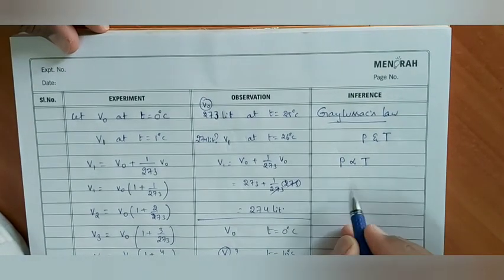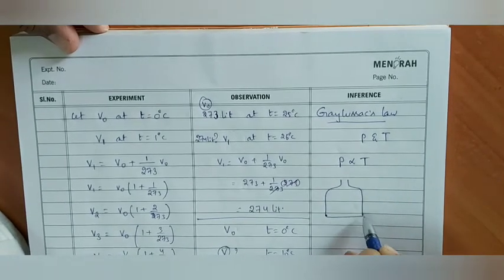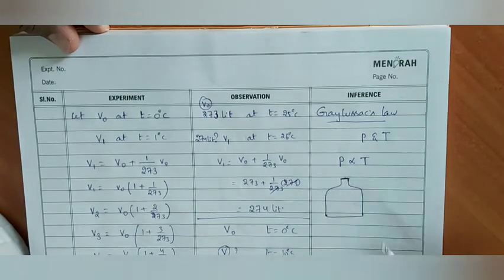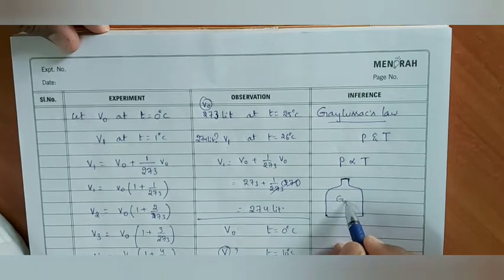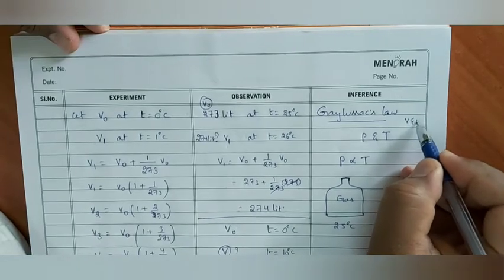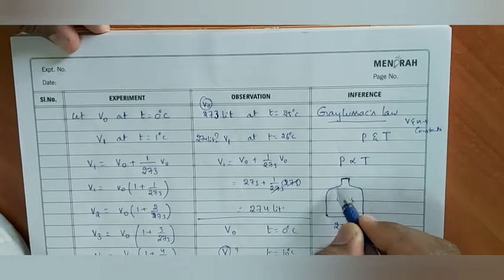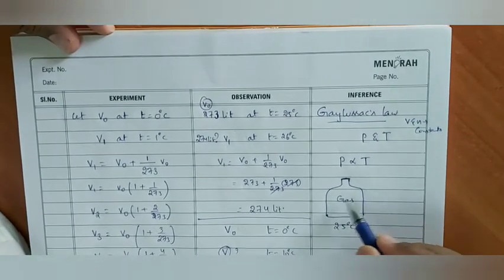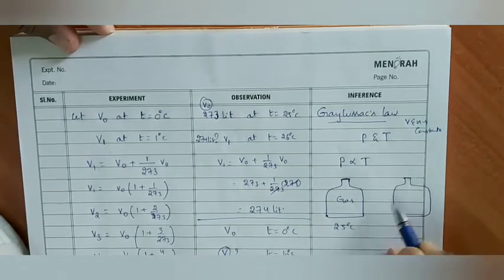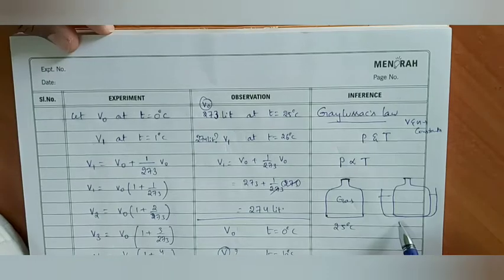For example, let us take the previous example only, but without balloon. I have closed the mouth with a solid cap here. In this, we have taken a gas at temperature 25 degrees centigrade. Here, volume and n will be constants, na? That's why I am not allowing the gas to expand. So it should be the volume same only. The same container I kept in a hot vessel or hot water, and the temperature is raised up to 60 degrees centigrade.